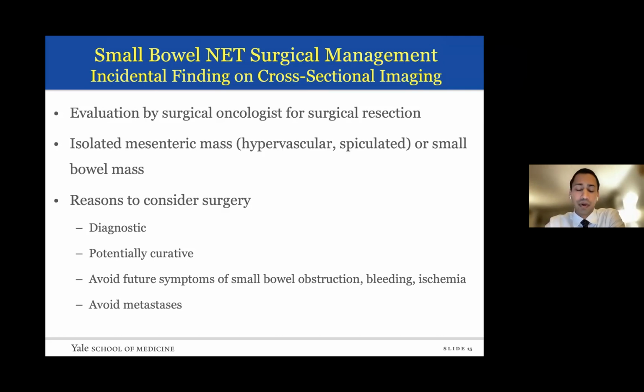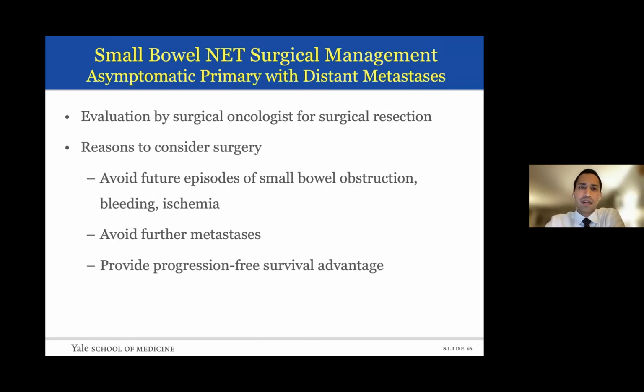So that's an important point to mention. And we do see that time and again with the patient that had a neuroendocrine tumor which was being observed, and the patient can present with some symptoms down the road, and of course it can reduce the risk for metastases. Another scenario is an asymptomatic primary with distant metastasis, and again